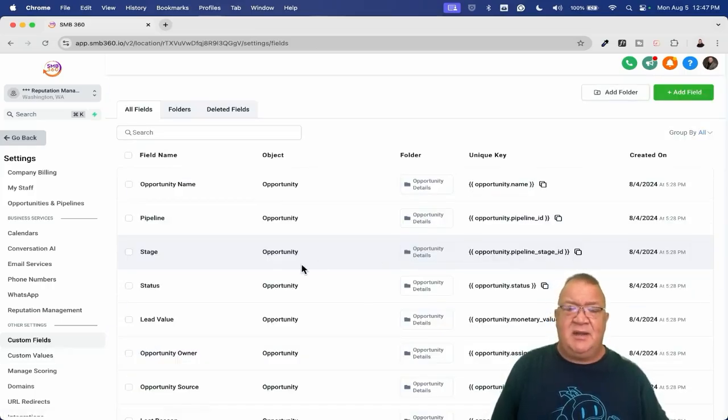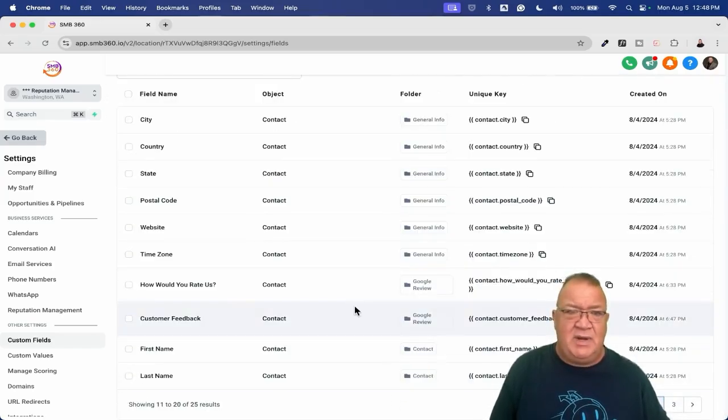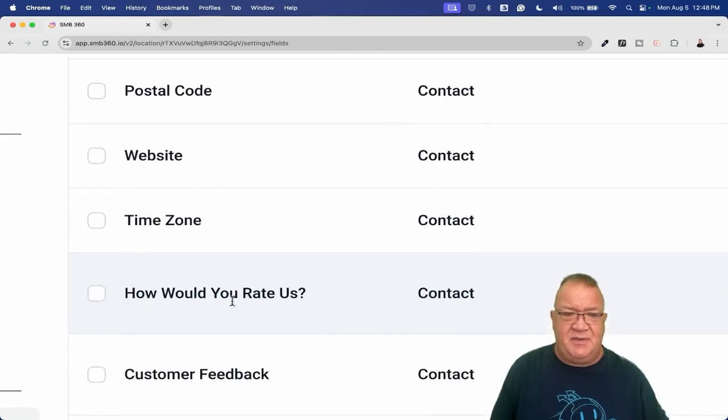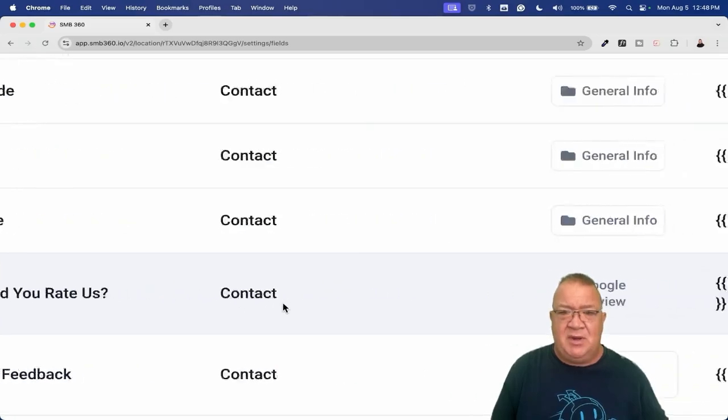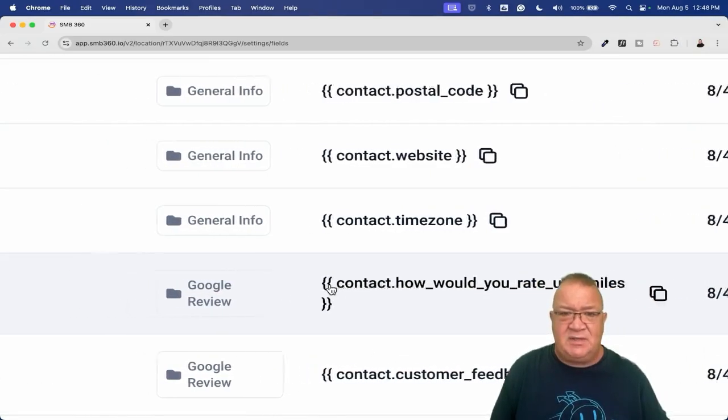Now, you're going to get a lot of the standard custom fields that come with any snapshot. Unfortunately, I can't delete them. They have to come with part of the snapshot. Some of these are opportunities, lost reasons, things like that. But what I want to show you here is this one right here. This is a custom field: How would you rate us? And if you wanted to, you could rename this or do whatever you want to. But all this is a Google review, and this is one of the core things that we have